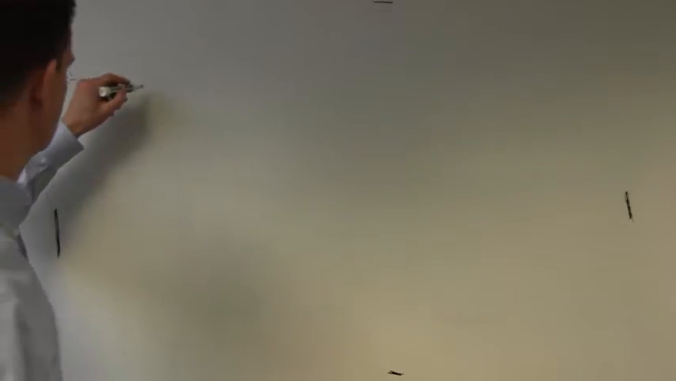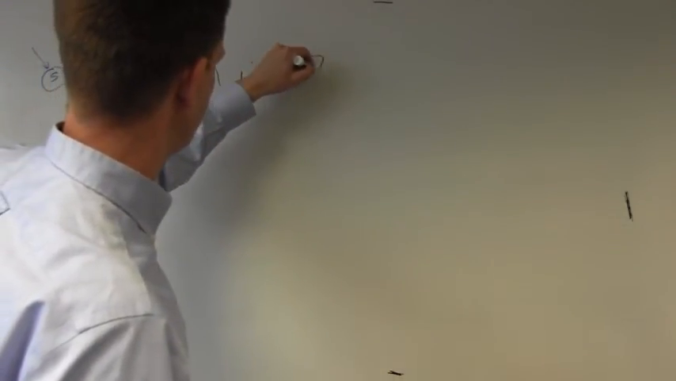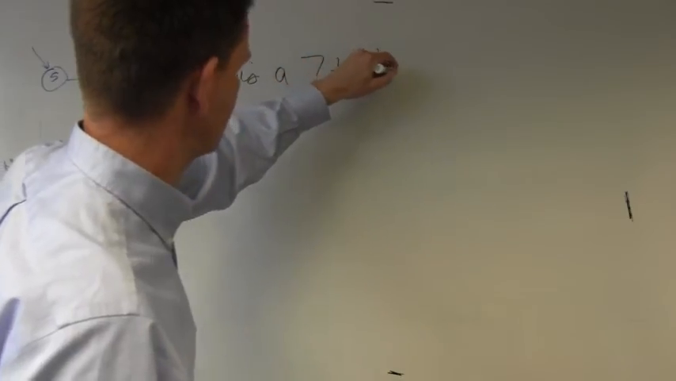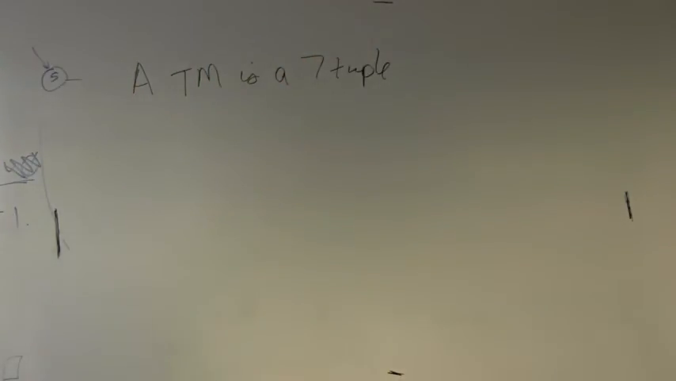Alright, in this one we're going to talk about Turing machines. This will be a basic and quick introduction to Turing machines. So as you might not be surprised to hear, a Turing machine is a 7-tuple, and that's just kind of a long-winded way of saying it's got 7